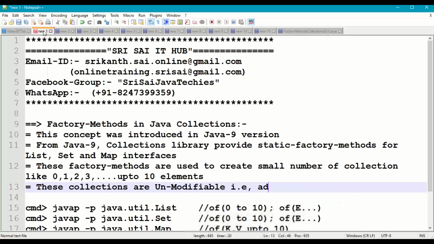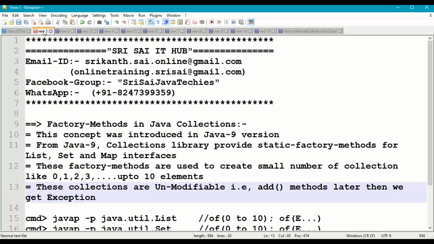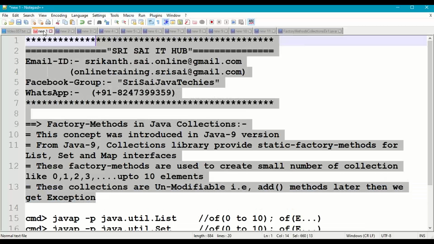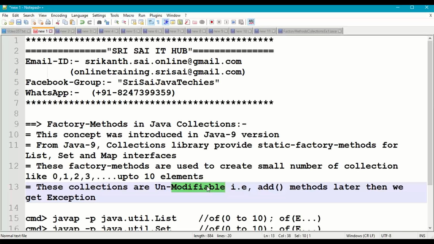That is, if we use add methods later, then we get an exception. So we can create an unmodifiable collection using these factory methods, and all these